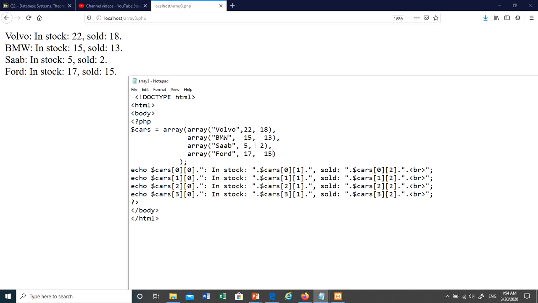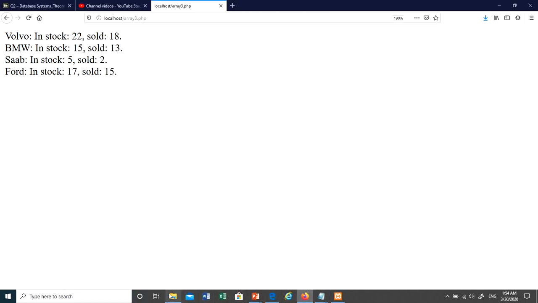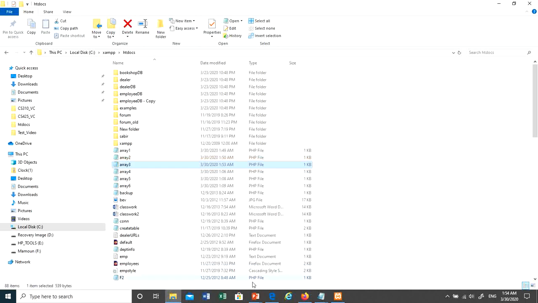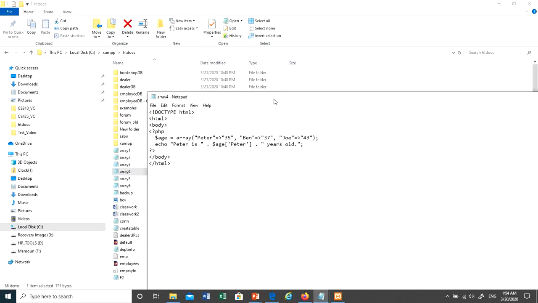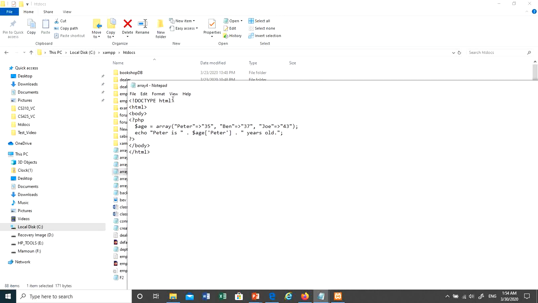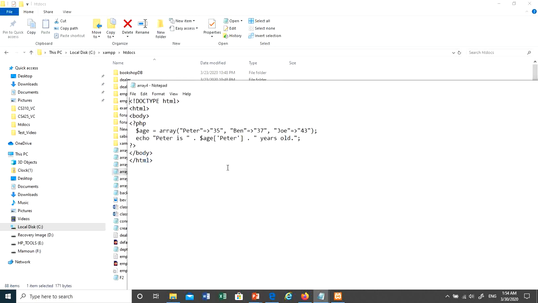It could be done like that, or you can use, as I said, a loop, which is a nested loop. I might have an example. I'm not sure. Let me see if I have an example for that. But this example here that you see here is using what is called this symbol to